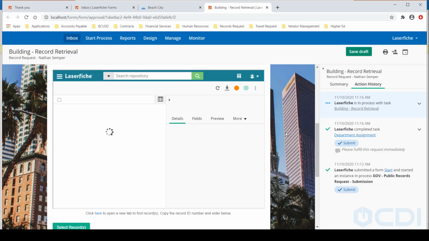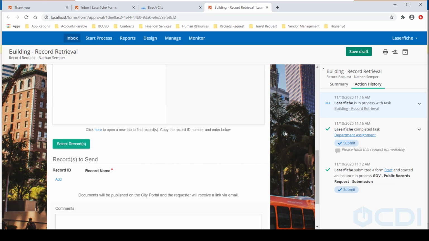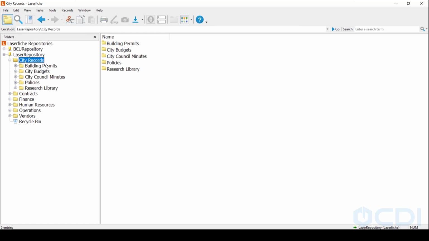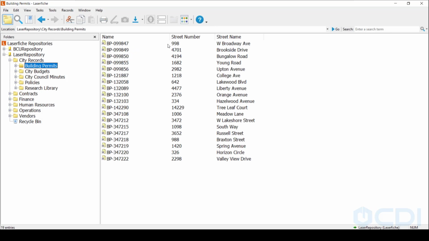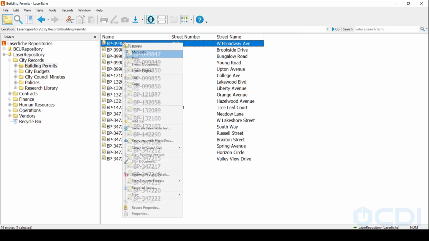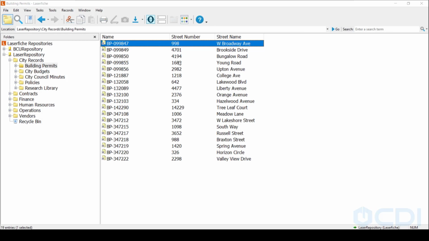And again, like I said about Laserfiche, the great part about it is even if one isn't working, I can directly jump into my Laserfiche client, look through building permits. Oh, what's that? Street number 998, go through, look at the metadata,